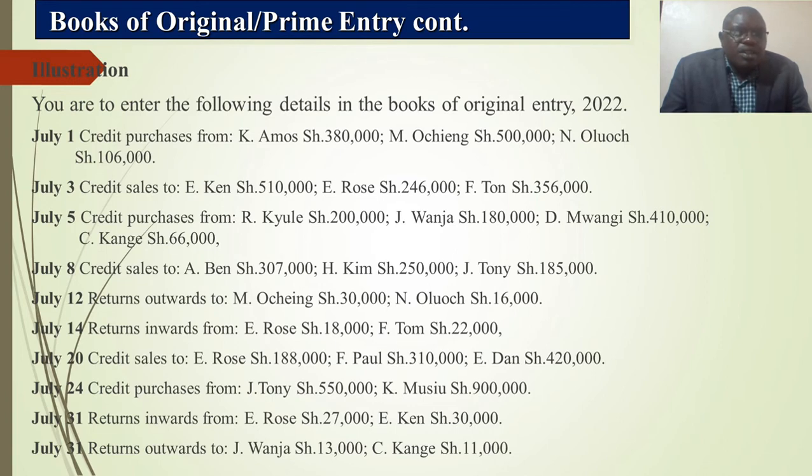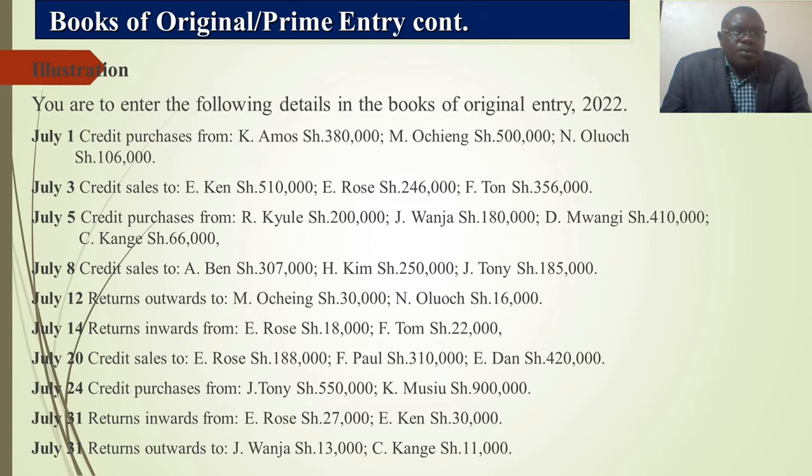On 3rd, credit sales to E. Ken, 510,000, E. Ross, 246,000, F. Ton, 356,000 Kenya shillings. On July 5th, credit purchases from R. Kule, 200,000 Kenya shillings, J. Wanga, 180,000 shillings,